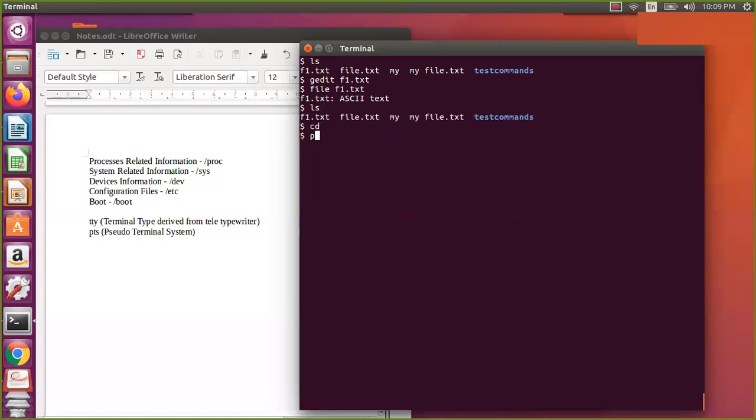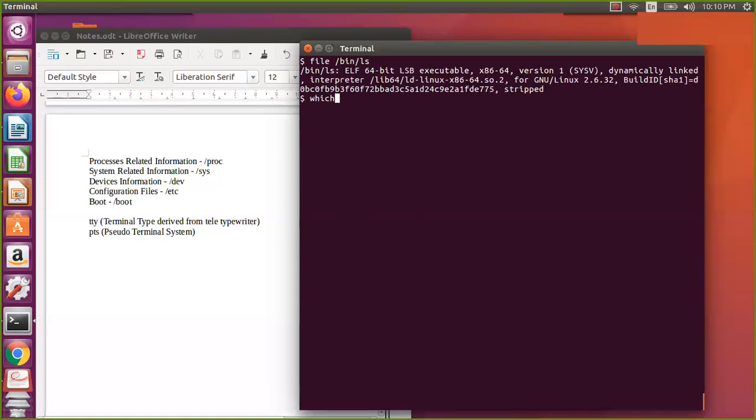Let us go back to our home directory. We have seen where is and what is, and file also. If I say file bin ls, it is this particular one. Now let us see which, where this file is.